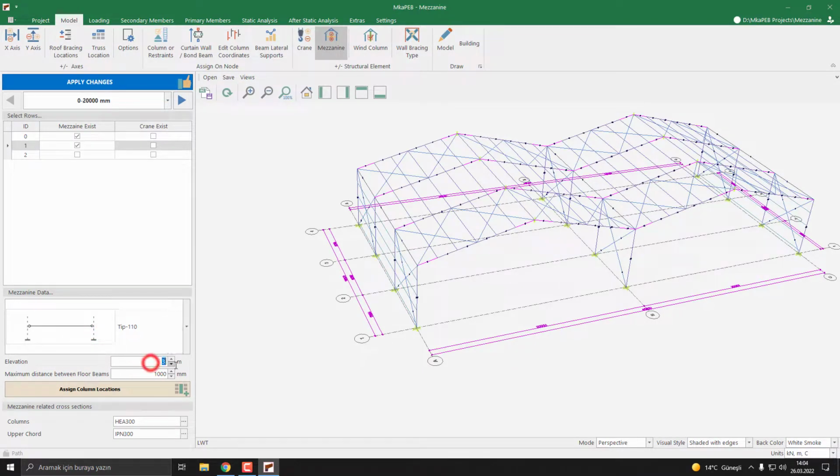The elevation is 3 meters and the maximum distance between floor beams, I mean the secondary beams, is 1 meter. Our main columns are this section and the upper chart, the main beam is this section. You can change it by pushing these buttons. Let's assign